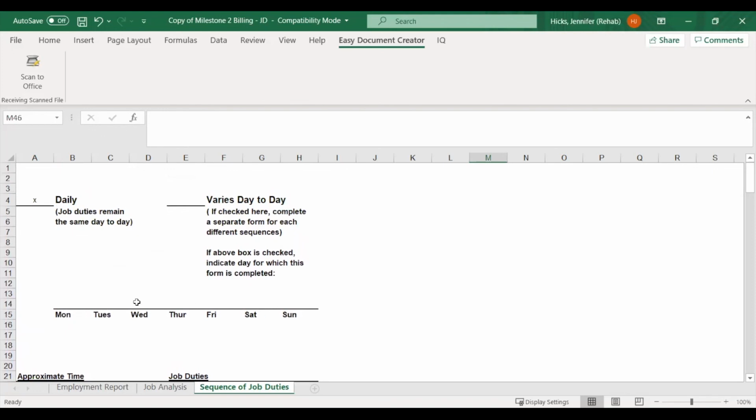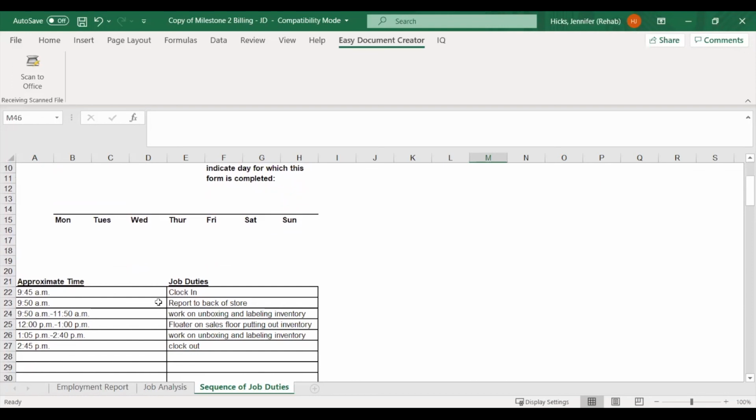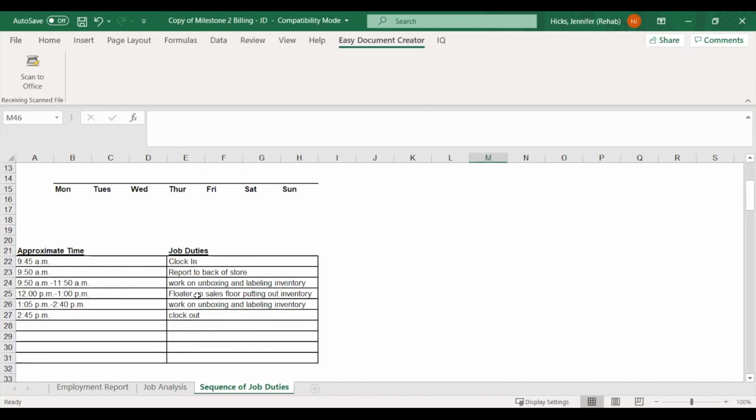So you put the approximate time and what they're going to be doing for the job duties. So we put 9:45 clock in, 9:50 report to the back of the store, 9:50 to 11:50 work on unboxing and labeling inventory, 12 to 1 float on the sales floor, putting out inventory, 1 to 2:45 work on unboxing and labeling inventory, and 2:45 clock out.